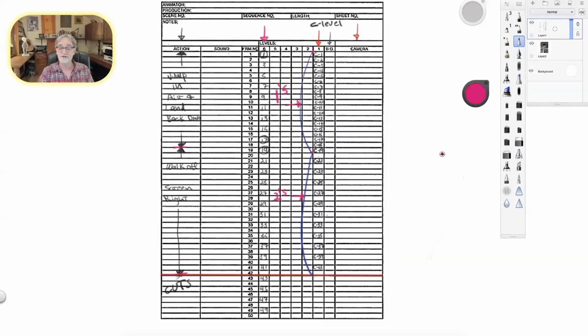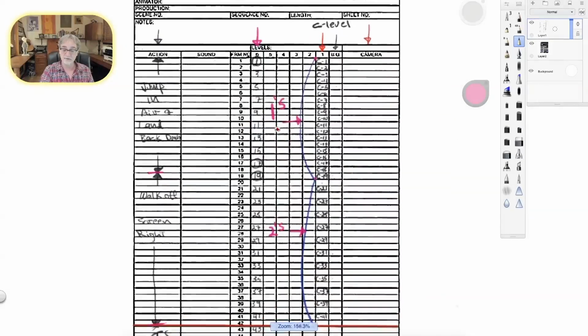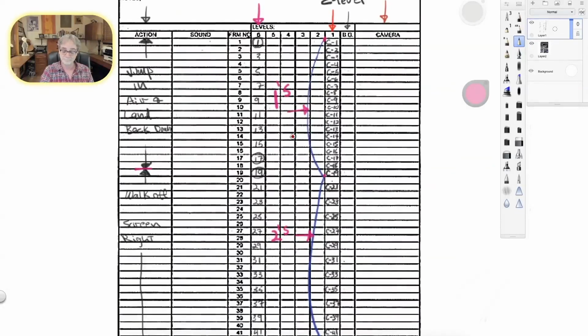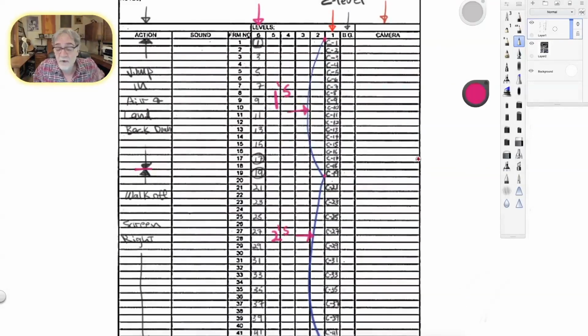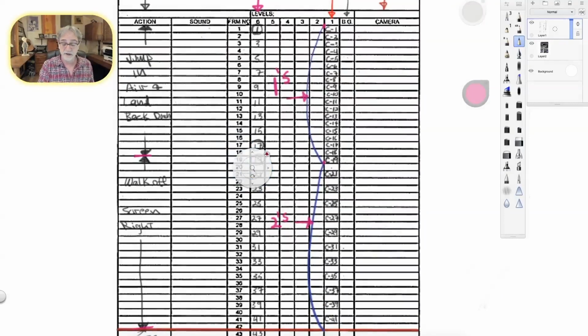The other question I had was, why do I circle some of these drawings? Let me bring this back in, zoom in. The reason you'll see X sheets where the animator has circled some of the drawings is because it represents the animator's keyframes. This has nothing to do with the camera department. Who that is informing are your assistants.